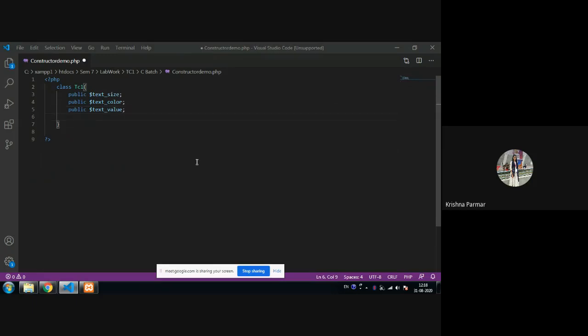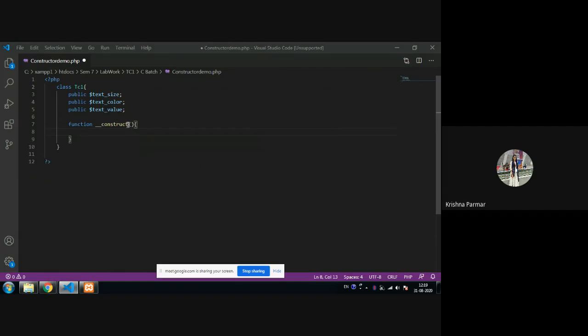Now I want to create a constructor. Whenever an object is created, at that time it is automatically called. That is the main function of a constructor. So how can we create a constructor? For that you have to write the function, because at the end a constructor is a function. That's why we are using the function keyword. Now there are two ways. Either you can use underscore, again underscore, that is called the double underscore, right? Then write the construct keyword, and then you can go for it. So that is the first way.